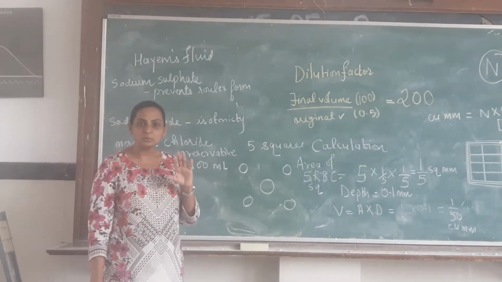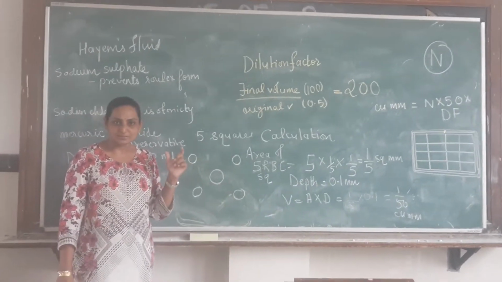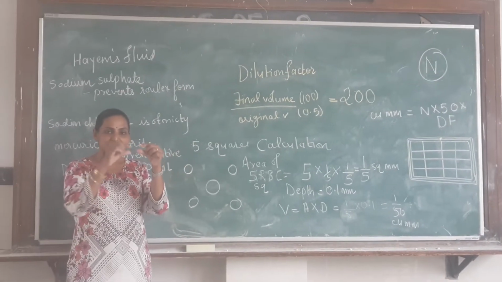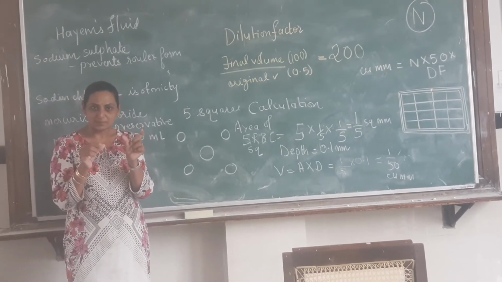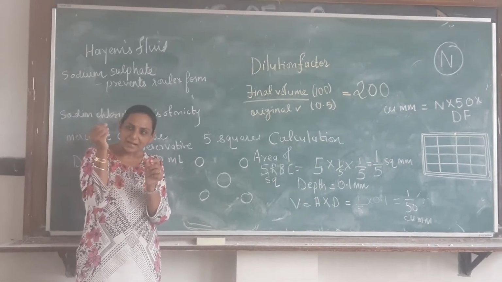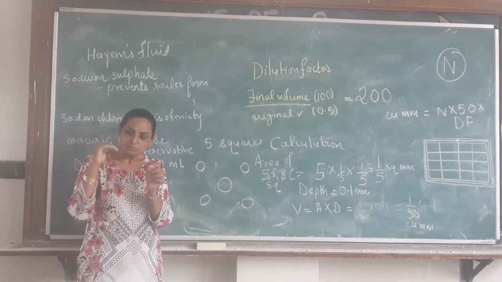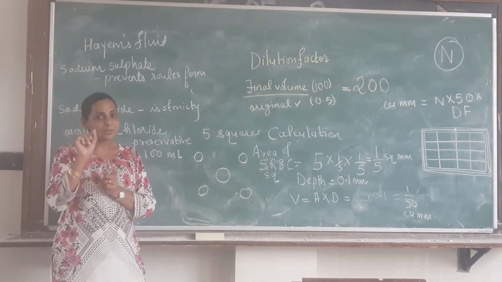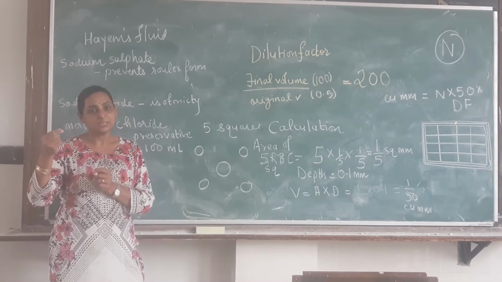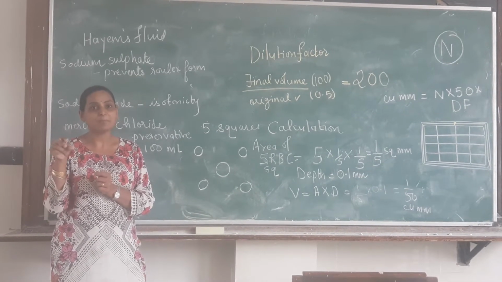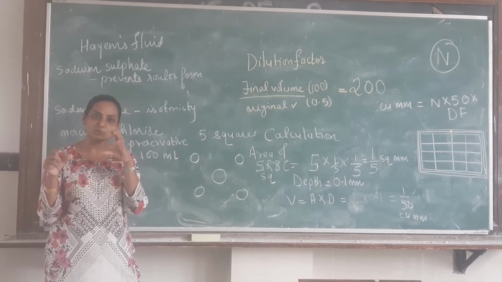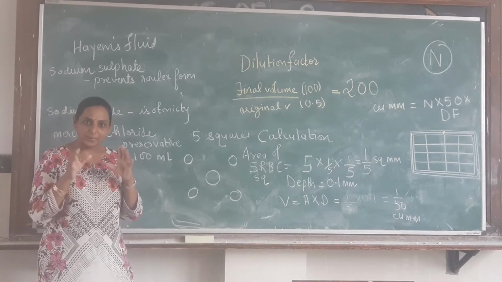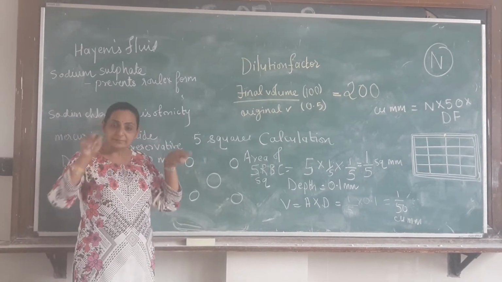Now you have seen how we do the counting. The counting is done in the Neubauer chamber after charging, the same charging that we did in the case of WBC: taking the Neubauer chamber, putting a cover slip over it and adding a drop of fluid, and the fluid will move inside by capillary action. Always keep in mind that the initial 1 to 2 drops from the pipette should be discarded, because that is mainly the fluid part and not the adequately mixed blood and fluid. So discard the first 1-2 drops, charge, wait for some time and count.